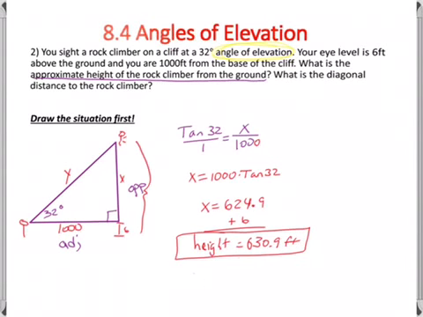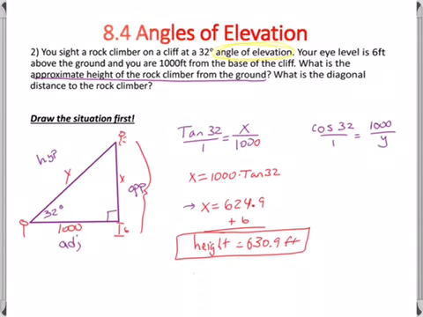The second half of the question asked us to find diagonal distance, which in this case would be solving for y, which would be our hypotenuse. In this case, we could use trig, or we could use the Pythagorean theorem now that we know that the opposite side length is 624.9. I'm going to use trig again. Let's say I use the adjacent and hypotenuse. I know that's cosine, so the cosine of 32 over 1 equals, or actually backwards, equals 1,000 over